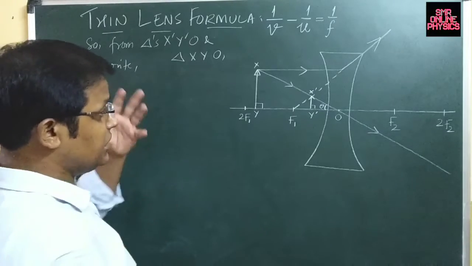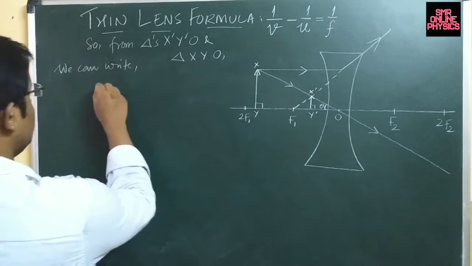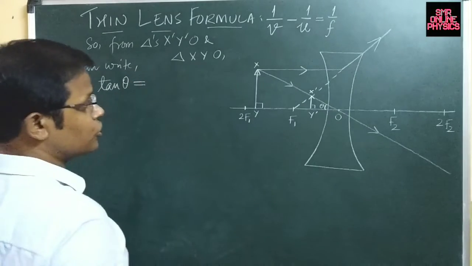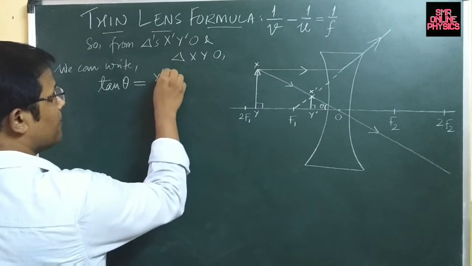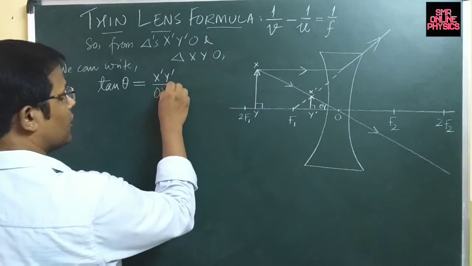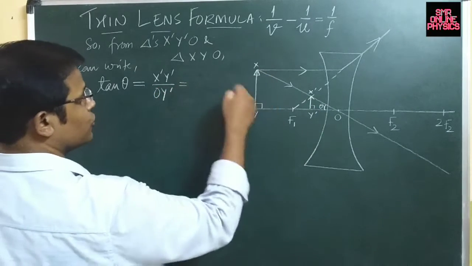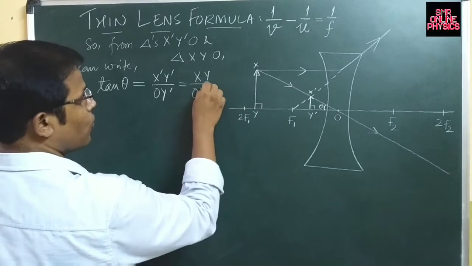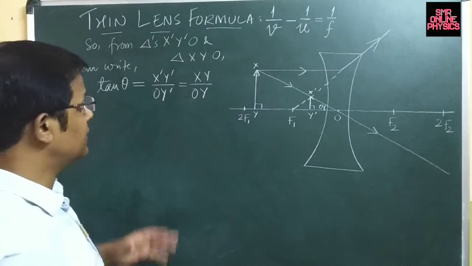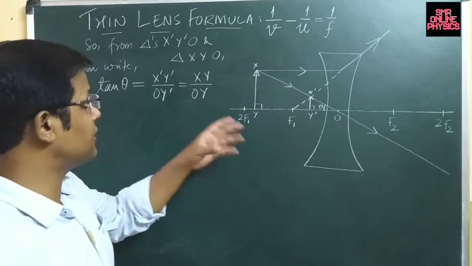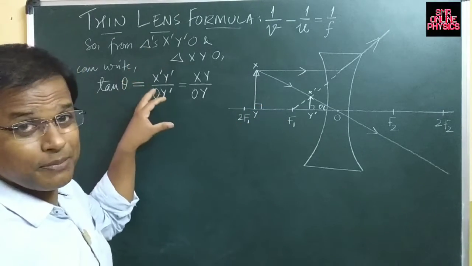We can easily write what tan theta is equal to. So tan theta should be equal to x prime y prime by O y prime, and that should be equal to xy by O y. Alright? Because these two are similar triangles, the ratio of the perpendicular by the base is your